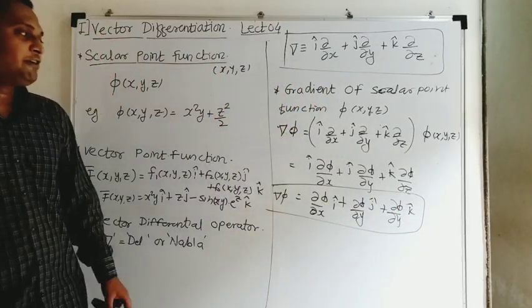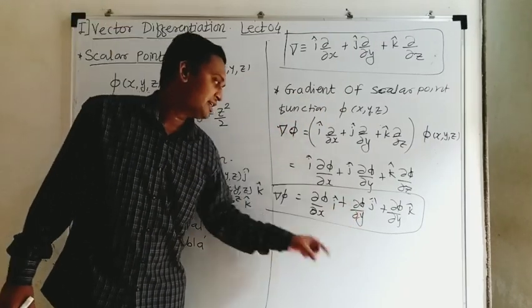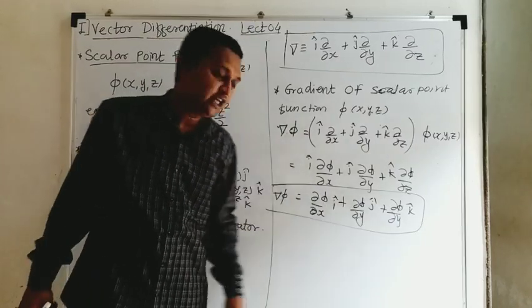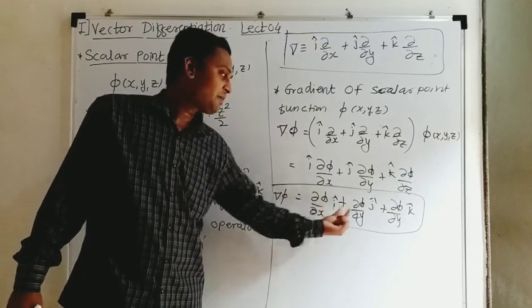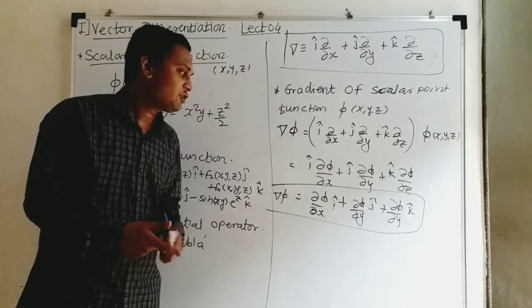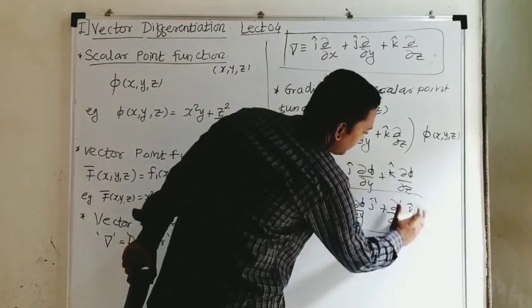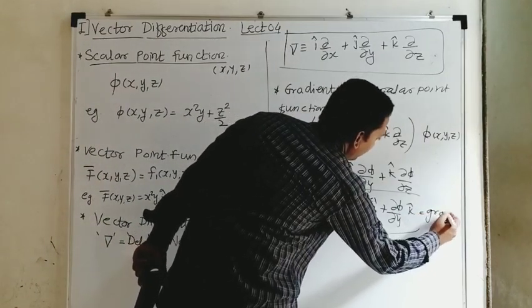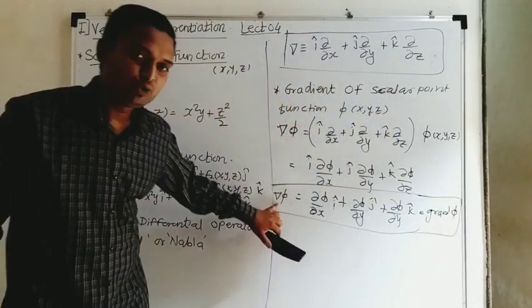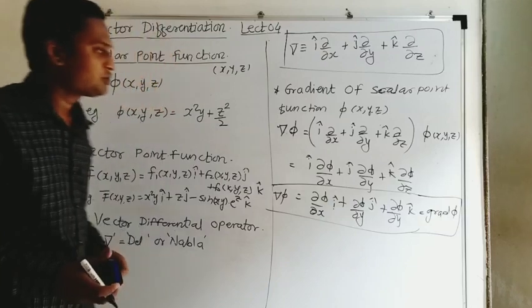So what is del phi? Whenever you want to calculate the gradient of any scalar function phi, you have to calculate this right hand side. That is, you find the derivatives of that function phi with respect to x, with respect to y, and with respect to z, place them as the coefficients of i, j, k, and add them. You will get the required gradient of that scalar point function. So this is the definition of the gradient of phi. We can also denote this by grad phi. Either you use the symbol del phi, or you write grad phi. The meaning of both is the same. So this is the gradient of phi.